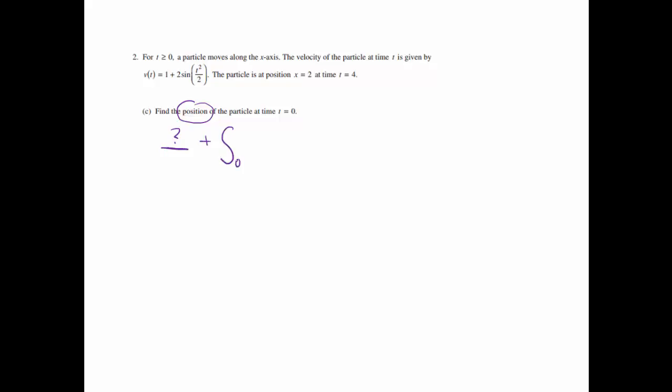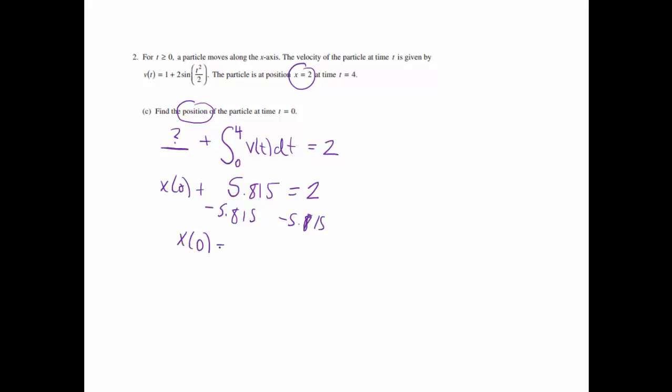So to get the change in the position, we're going to take the integral from 0 to 4 of the velocity. And when I do that, I know that after 4 seconds, I end up at 2. All right, so what we need to do is find this value right here. To get the integral of 0 to 4, we can use Math 9 to do that. And when I use Math 9, I got 5.815. And I'm actually going to call this x of 0 because that would be the position at 0. If we add 5.815 to it, I know I'm going to end up being at x equals 2. So to figure out what this would be, I would just subtract 5.815 from both sides, and my position will be negative